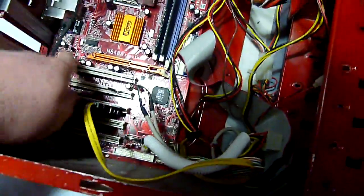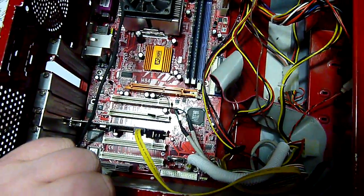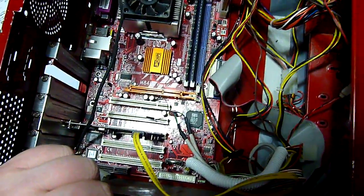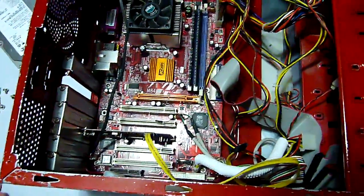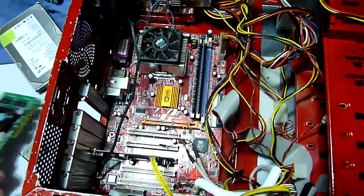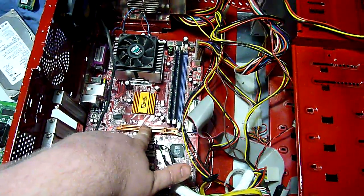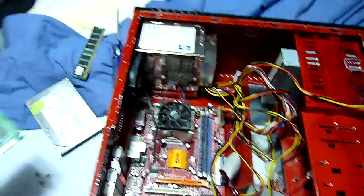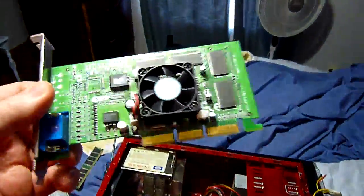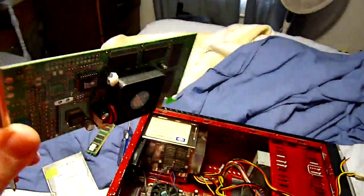Here you go. Here you can see this orange slot right here is actually an AGP slot. It stands for Accelerated Graphics Port. Now, believe it or not, this is actually obsolete now too. And it has been for about the past 5 years. This AGP slot, as you might imagine from the acronym, is dedicated for graphics only. It was meant for video cards only, and that generally it came about with the birth of 3D graphics for